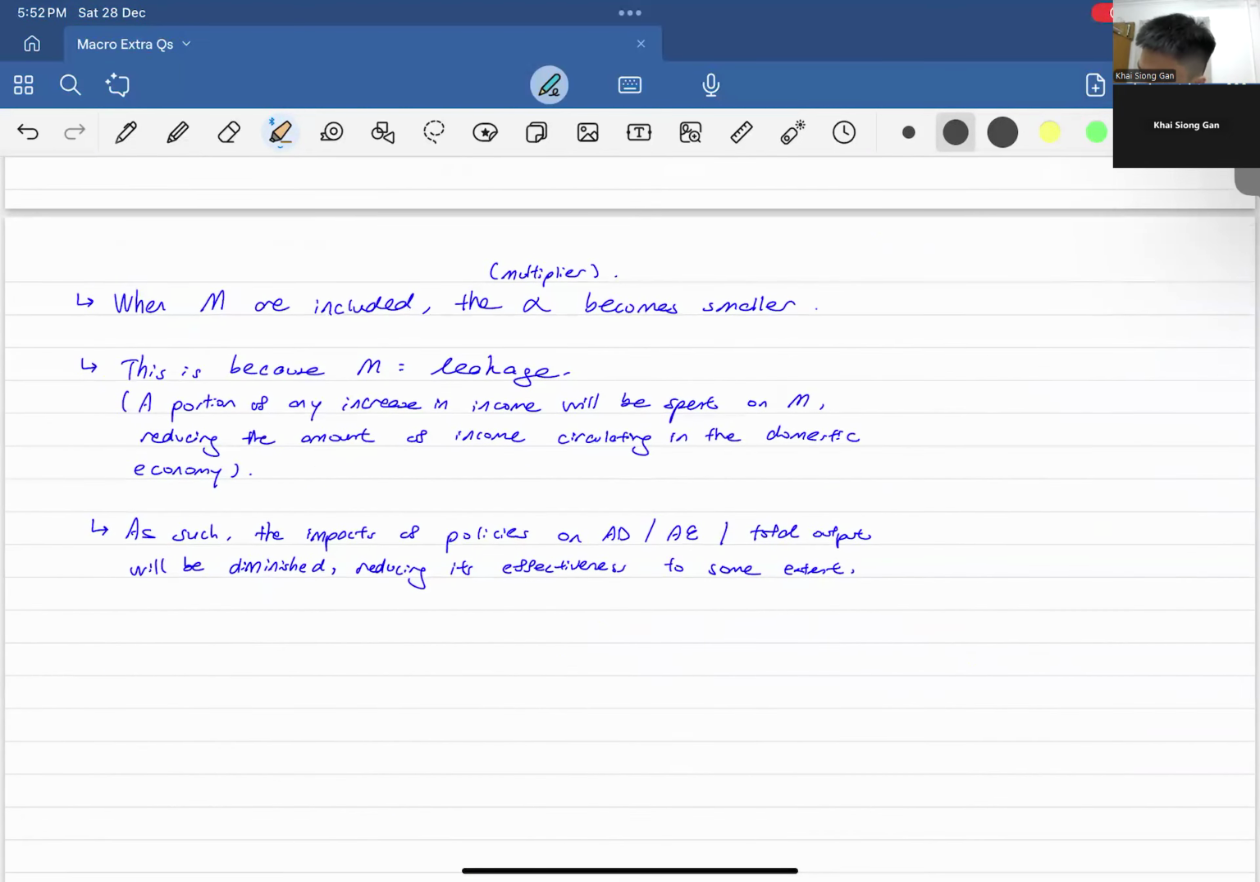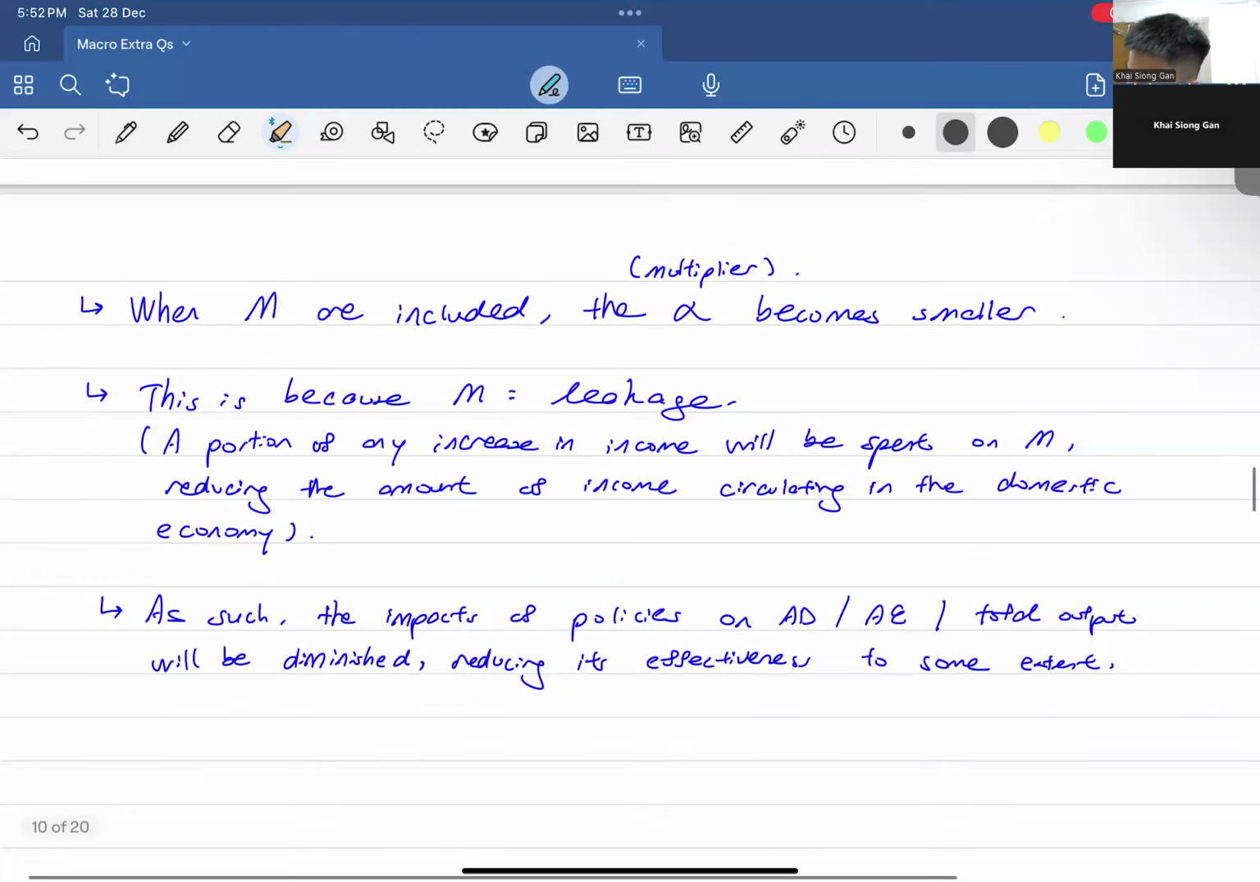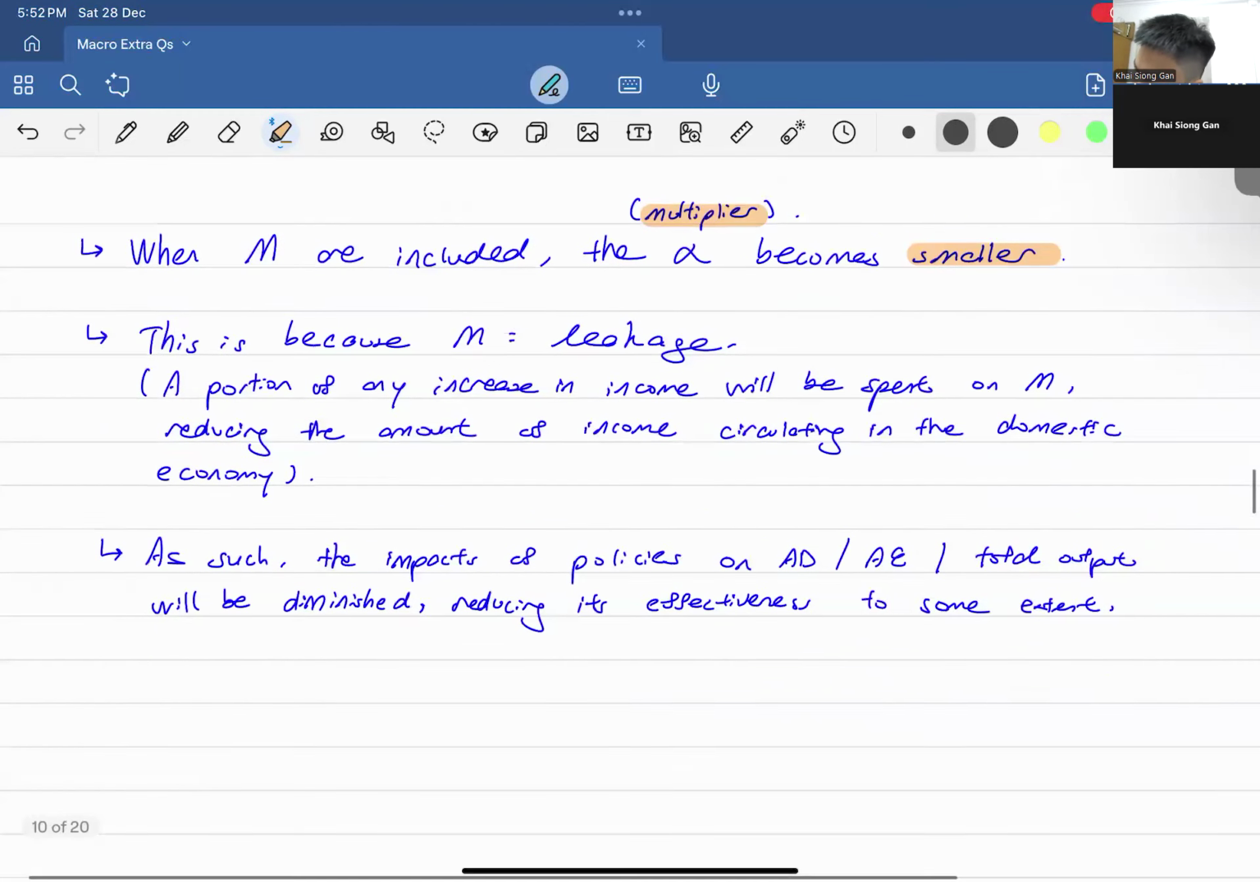You can see that I can put some wordings over here. When imports are included, the multiplier becomes smaller. The multiplier that we calculated just now becomes smaller. Why is that so? Because import is considered as a leakage. So that means a portion of the income will be spent on imports, reducing the amount of income circulating in